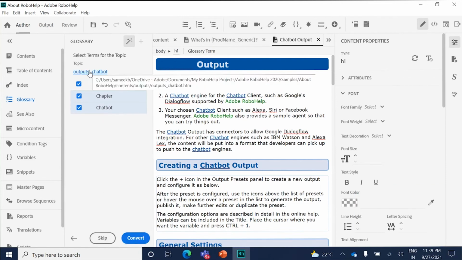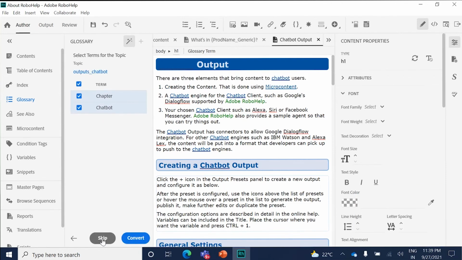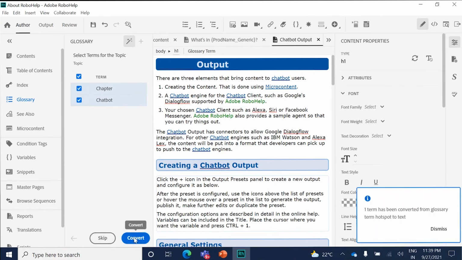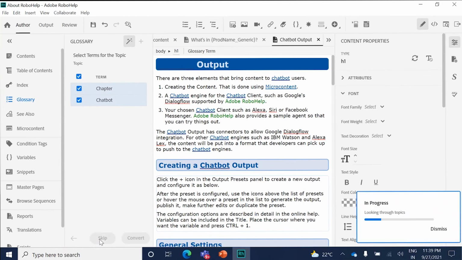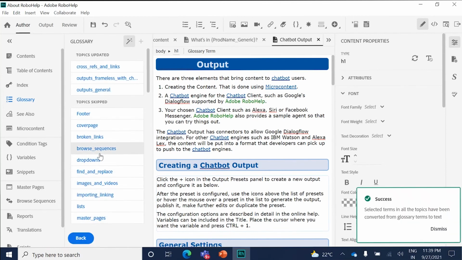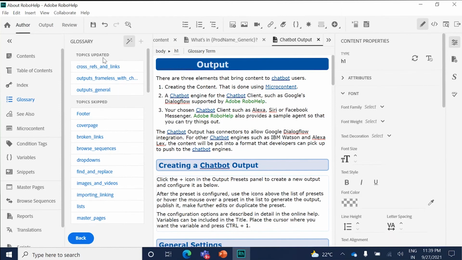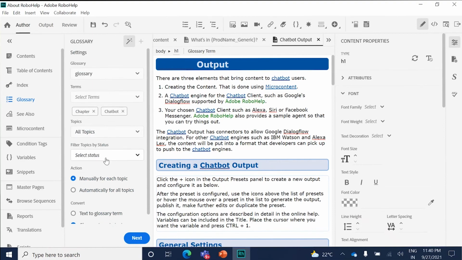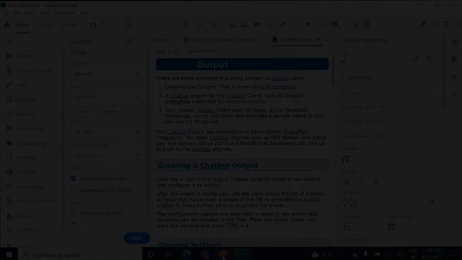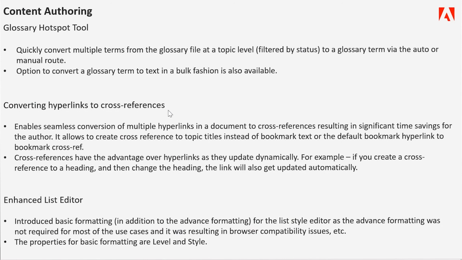The moment it gets converted, the next topic comes up. I can skip this, can convert. So you see that topics are changing. Can skip it, and now it's completed, right? So topics, same similar view, topics updated, topics skipped. So that's about the glossary hotspot tool. Moving on to the next topic,